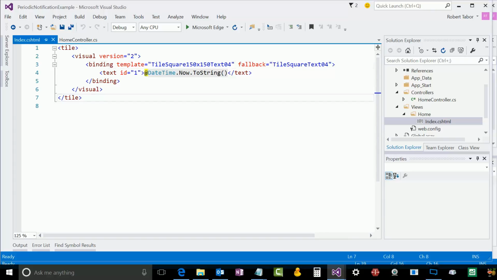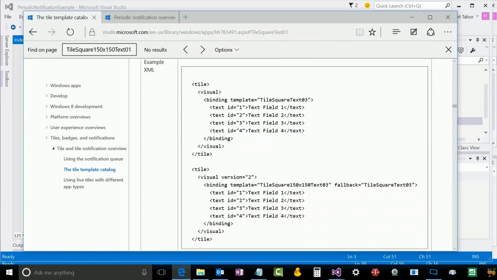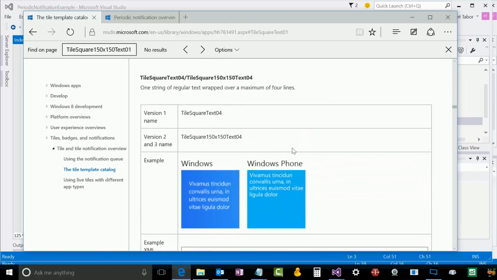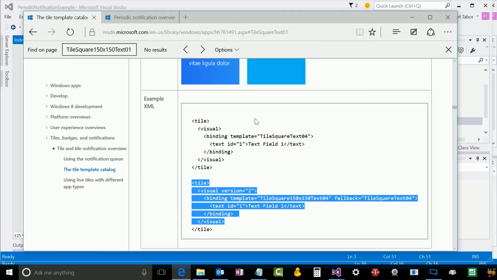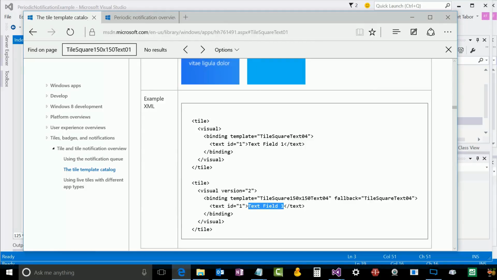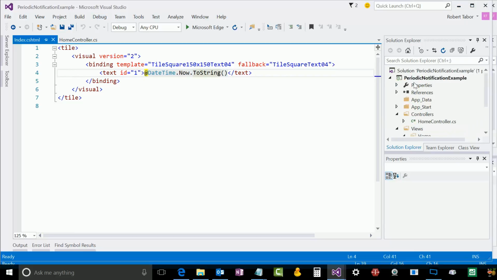So you can see we're using a different template, the tile square 150 by 150 text 04. I went out to this template catalog. I grabbed the actual XML that is necessary for text 04. So this one right here. And I said, hey, right here, I'm going to replace this and just use this and put the current date time here. So now that I've created this and I've deployed it out to Azure,